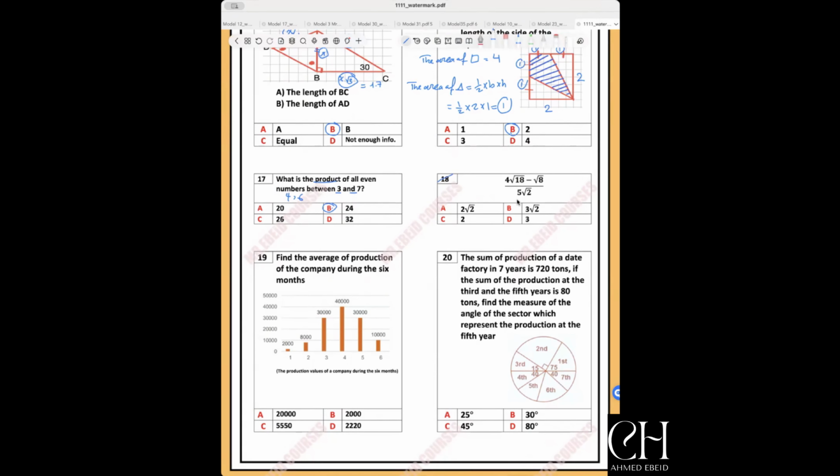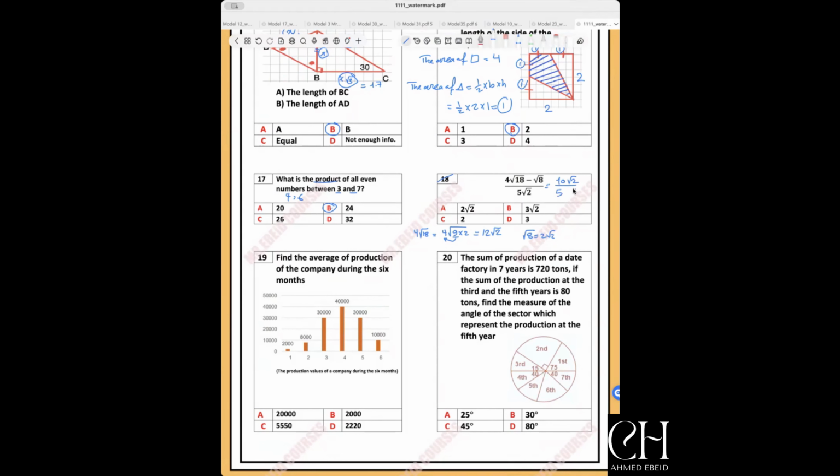Let's move to question 18. 4 root 18 minus root 8 over 5 root 2. You know that we can rewrite 18 as 9 times 2. We can take the square root of 9 out, so it will be 3. And 3 multiplied by 4 will be 12. So we have 12 root 2. And you know that root 8 is 2 root 2. So we have 12 root 2 minus 2 root 2, which equals 10 root 2